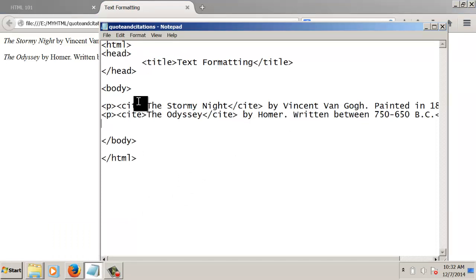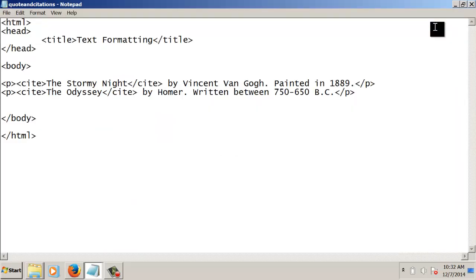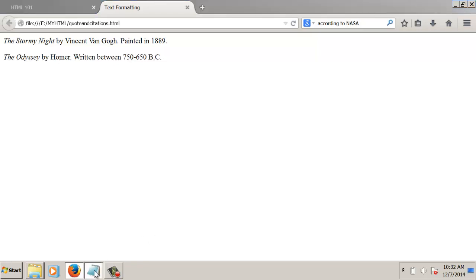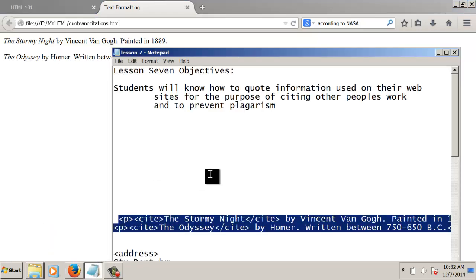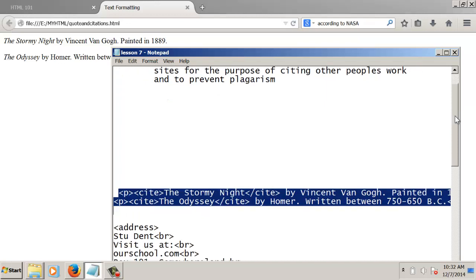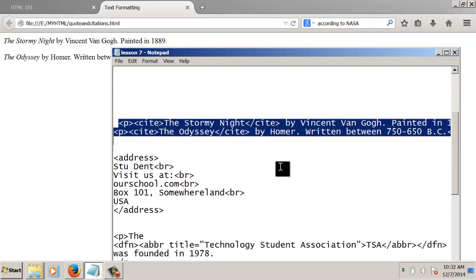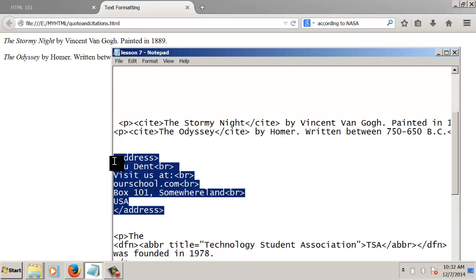So let me enlarge this so you can see all of the text, and I'll kind of pause for a second. I opened a paragraph, I cited my work, I closed the cite, and I put that information and then closed the paragraph. So brief pause. That way if you have to pause here, you can double check it. And I'll minimize this. I'm going to jump back in here to where I've stored things to work with today, and we'll go ahead and show you what the address